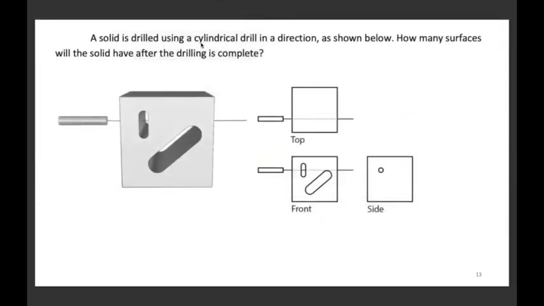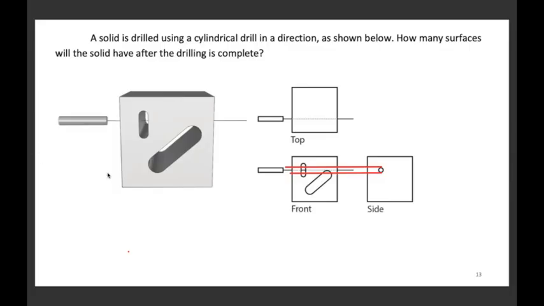A solid is drilled using a cylindrical drill in a direction as shown below. How many surfaces will the solid have after the drilling is complete? We have to count the surfaces that the solid will have after the drilling is done. Okay. So when you drill the solid out, this is how ये वाला hole है वो drilling का. So this is how the drilling will happen, okay? Which means